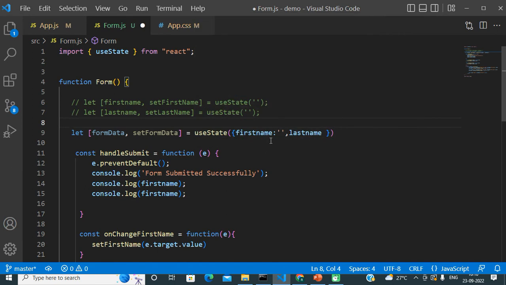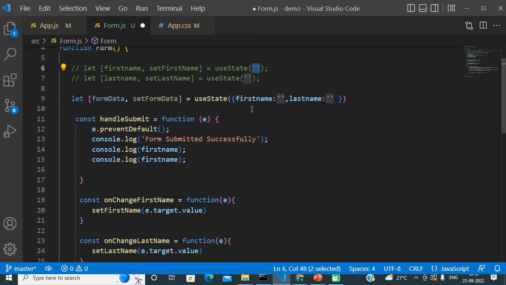I am storing the two variables as two different properties in the same object, and I am initializing the values of these two properties as empty strings, similar to our previous approach. Okay friends, in this way we have used just one useState hook, and we are using that useState hook with an object.